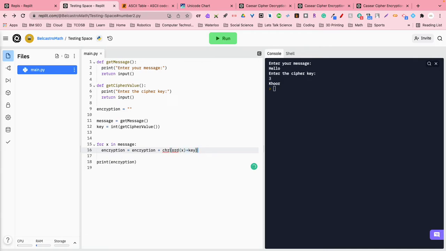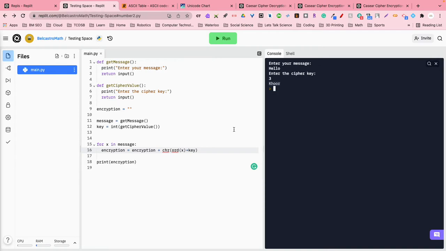I may not need that because I think it's going to be a string at that point. Let me double check though. It is. Yeah, I didn't even need that part because the CHR converts that numeric value to a character. And what it's doing is it's looping through this. So for the H, it moves it 3, then it moves the E 3, the 2 L's 3, and the O 3, and it gives us the encryption